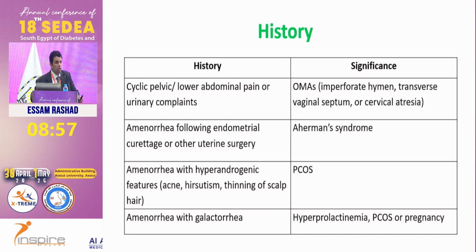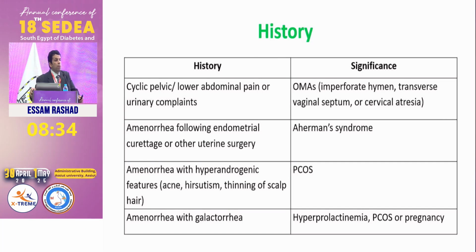Yes, some causes are known to present with primary amenorrhea, like if you have a congenital cause, for example, it definitely would present with primary amenorrhea. But generally, we think of amenorrhea as amenorrhea without paying much attention to primary or secondary, right? Because some causes present commonly with primary, but sometimes with secondary. Others are commonly secondary, sometimes primary, and so on. So we think of amenorrhea as one thing.